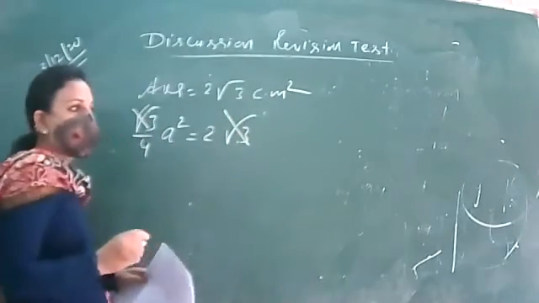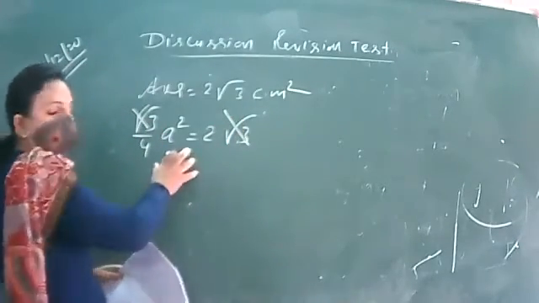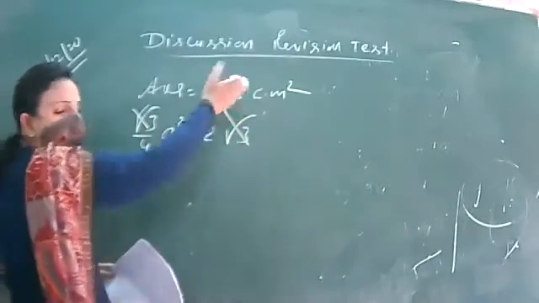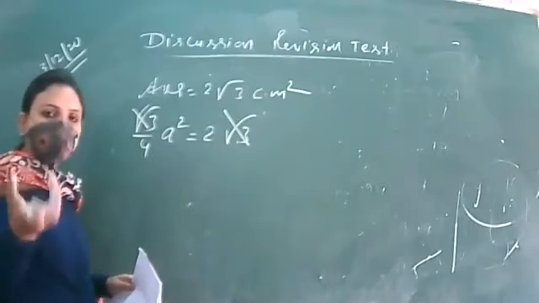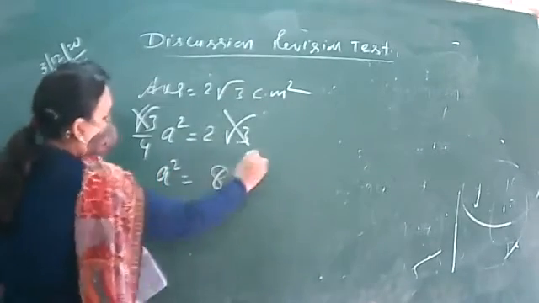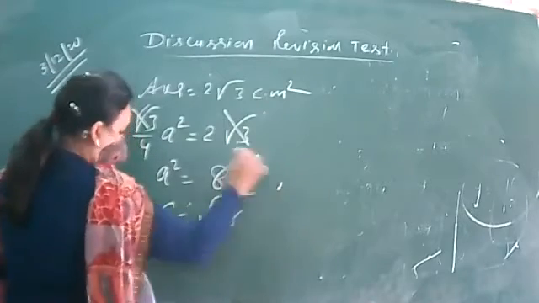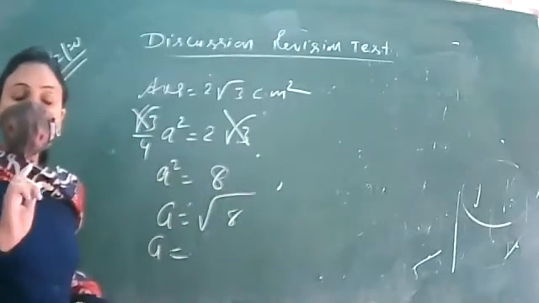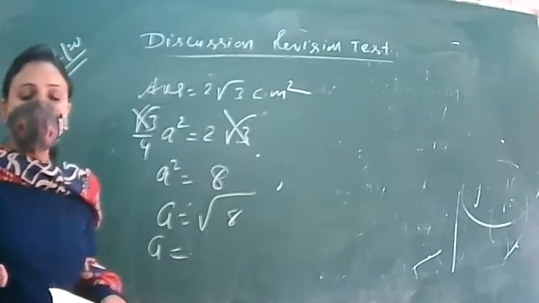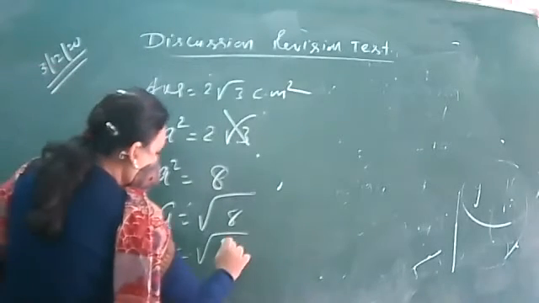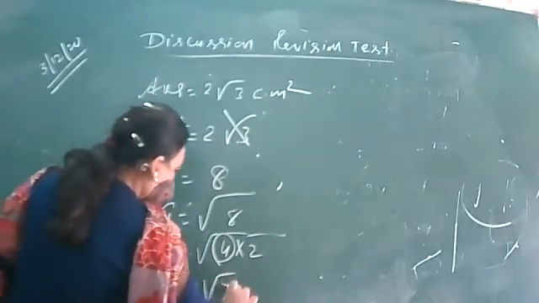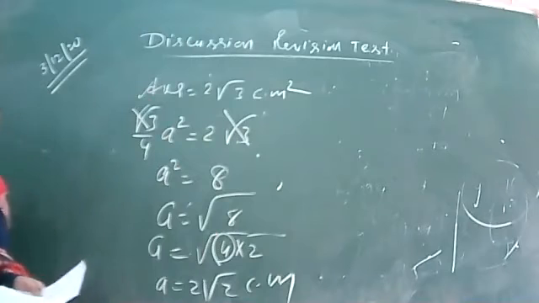So we want to find the value. Root 3, this gets cancelled. So many times I have told you that when such kind of questions are there, most of the time these root 3 will get cancelled. That means area will be in terms of root 3. So a square is equal to 4 into 2, 8. Square shifts on the other side becomes square root. Square root of 8, you will not leave the answer here only. If you can find some perfect square out of the factorization of the number, you have to do. So 8 is 4 into 2. So we are having 2 root 2. This is the side of the triangle.